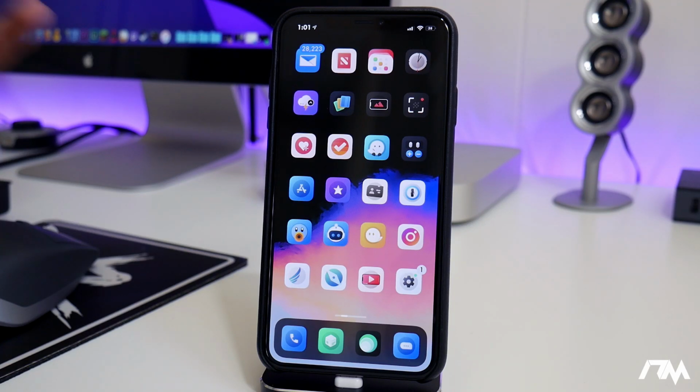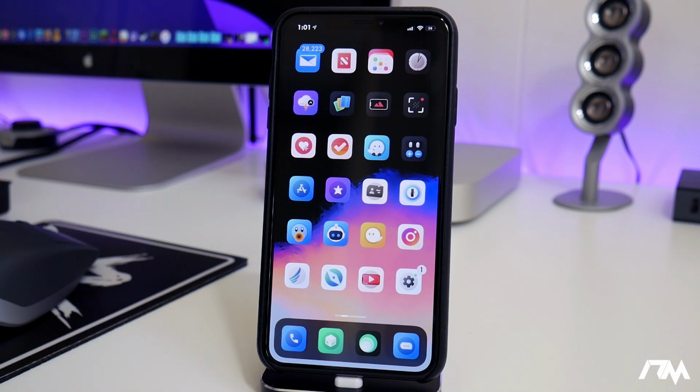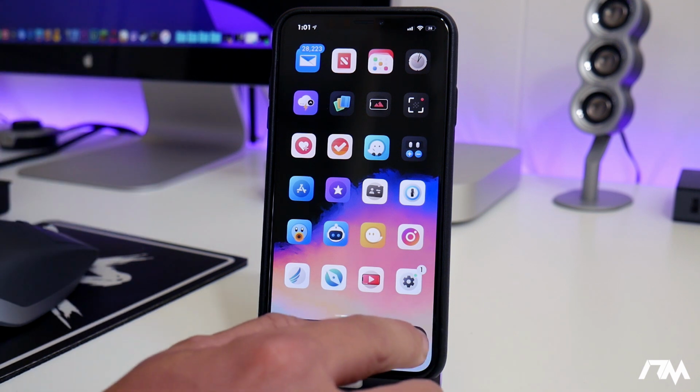So I'm going to be showing you guys how you can type the Apple logo on iOS. Now, I don't know why Apple hasn't made this an emoji option, really. I mean, they are Apple, so why not be able to type out their Apple logo, but they don't have it there, so I'm going to show you guys the workaround for it. And it's really quite simple and pretty cool.